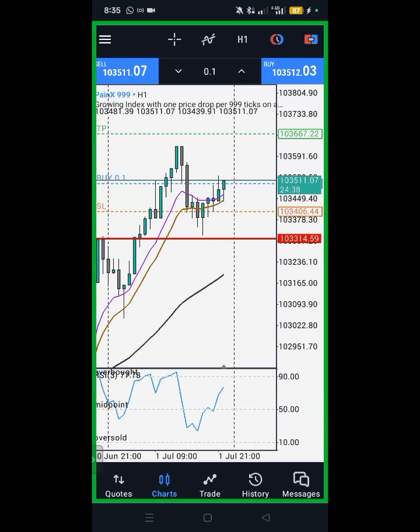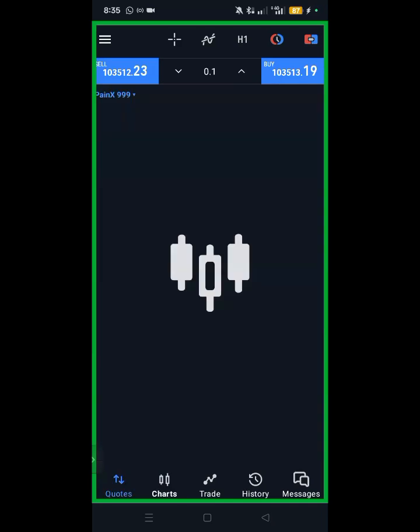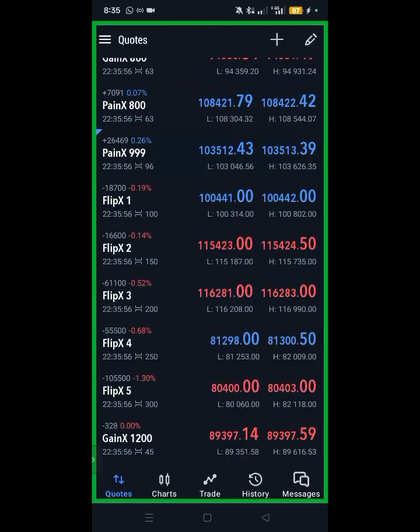If it goes below my stop loss, this stop loss I'm putting at $9, but if it goes below it and shows $10, I will see minus $10. One spike, I will see minus $10. These are the reasons why people lose money. But if you understand the directional bias, you are not scared, because you know that no matter how this market spikes, it will continue upward. So that is why we advise that you have good capital to start this business. And if you don't have enough capital, I advise you stick to flip, which is flip X1,